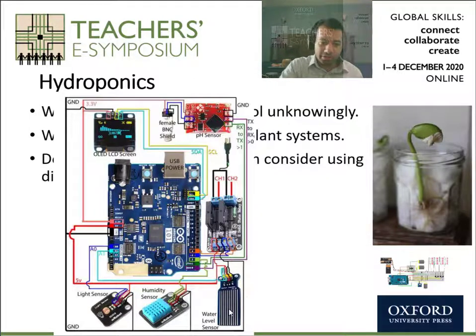I'm not sure which version this is, but there are different versions you can get. I personally prefer using the capacitive one because the other ones tend to corrode a bit, so they might be cheaper, so you could consider them consumables, but think of the planet. Anyway, this is just a little conversion board, like an adapter, so you can give the power to this board. So if you wanted to, you could also have these electronics in black boxes, but